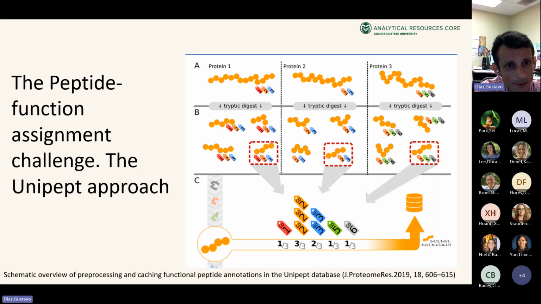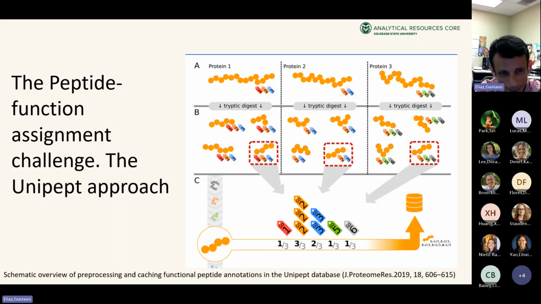So in the figure here, what we have is 3 different proteins, and they are connected to different biological functions that are depicted in those labels: 1, 2, 3 for protein 1, 2 and 3 for protein 2, and 2, 5, and 6 for protein 3. If we digest the protein, every single peptide from each of the proteins is going to inherit their biological function. But as you know, protein 1, 2, and 3 can share a peptide. And in the example, they do. So the peptide that is surrounded by those dashed red lines is the same for the 3 proteins.